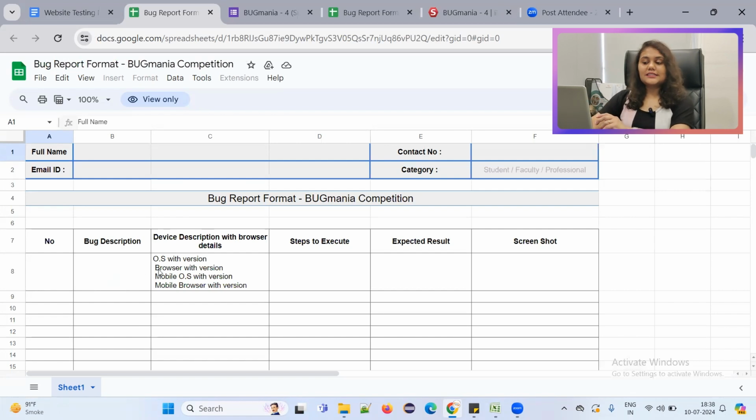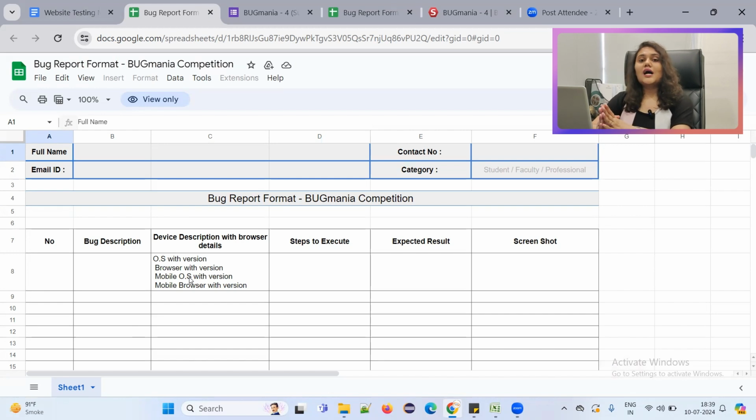Then in device description with browser, you have to mention in which operating system. Suppose you are checking on your laptop, so you have to tell Windows 10, Windows 11, whatever OS version, as well as the browser, suppose Chrome, so you have to write Chrome 126 or whatever version your Chrome is.